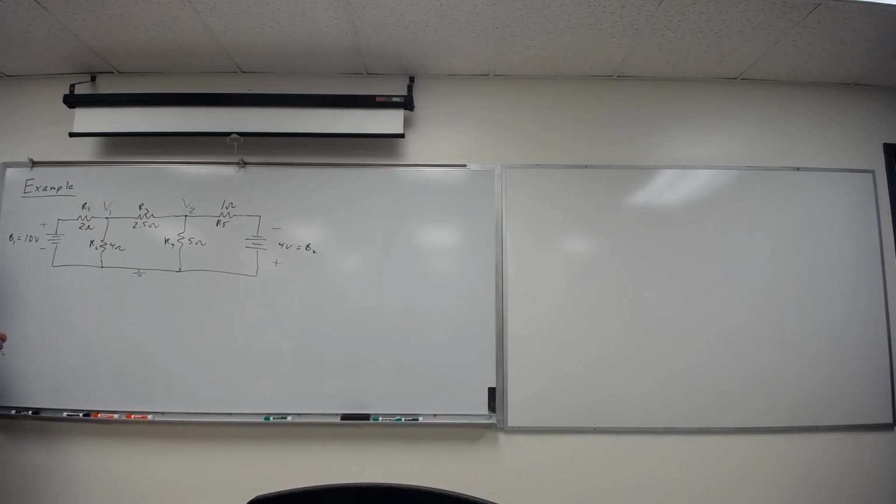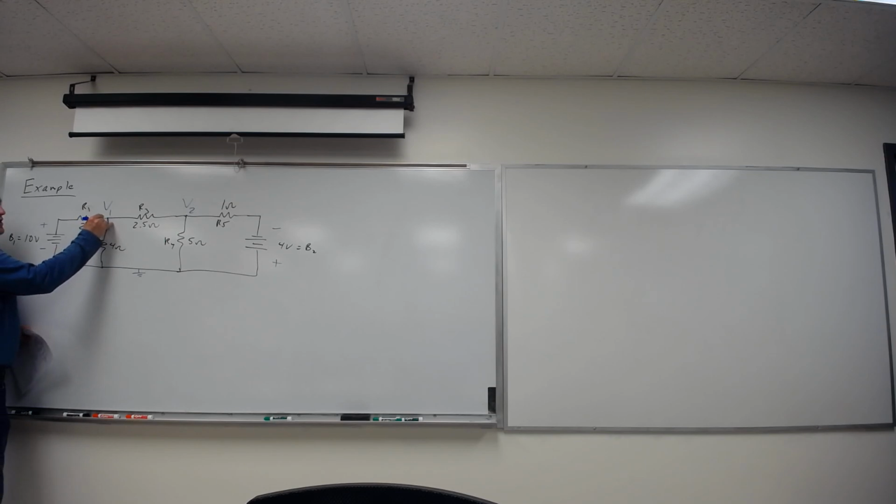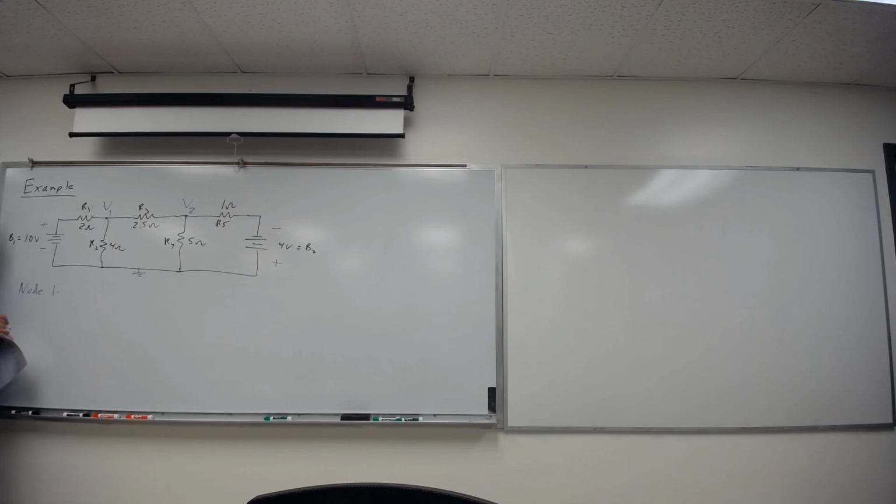So what I can do here is I can take a look and I can say, hey, there's a node right here, right? Node 1. The currents that flow into and or out of the node. If I take a look right here, do we want to write them all as flowing out? Or do we want to write some as flowing in and some flowing out? We can do it either way we want. I usually like to put one current going down towards ground and then the other two going in. Okay,